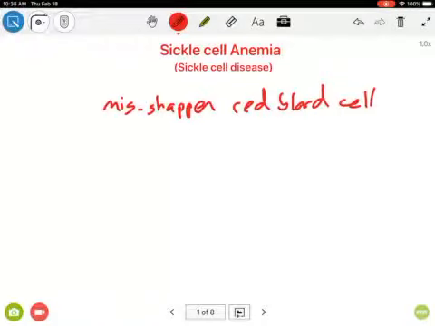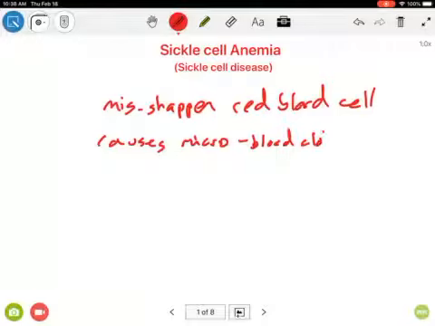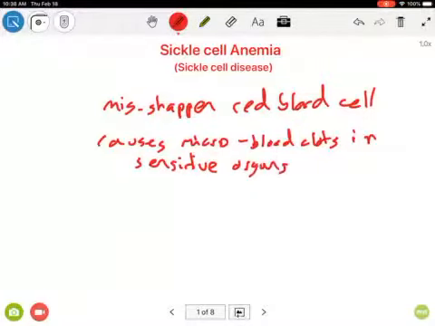It's dangerous because it causes microscopic blood clots in sensitive organs. Yeah, y'all thought my writing was bad on the board, but this iPad is horrible. Okay, so